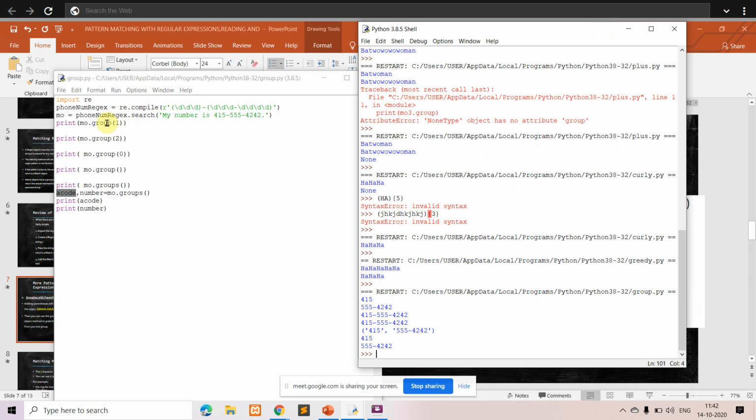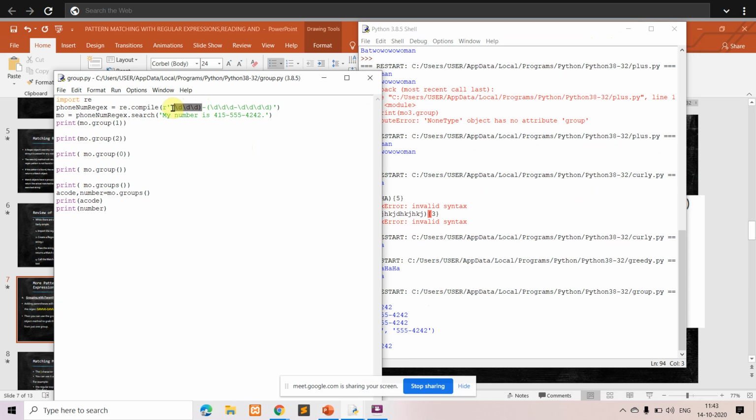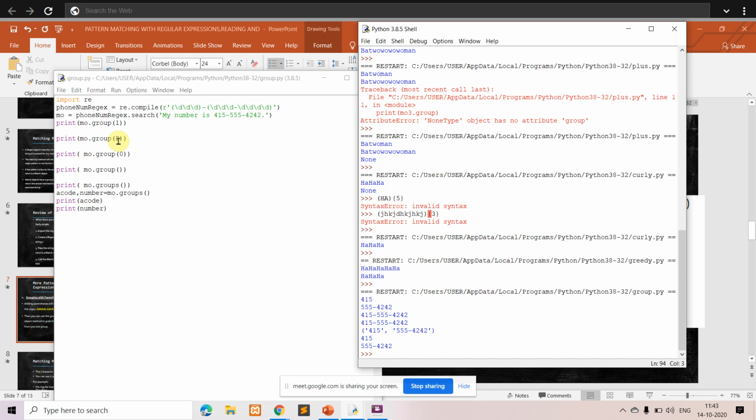In group 1, the area code is printed, that is 415. Why is only 415 printed? That is because you have written it inside the parenthesis representing the first group. And next you have given mo.group(2), which is your group 2, that is the number, 555-4242, the entire thing written inside a parenthesis.